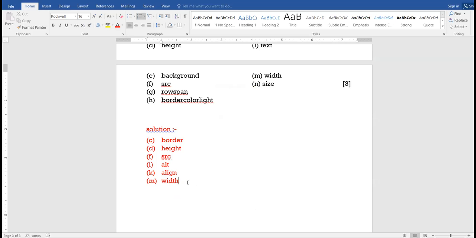Suppose a child writes one extra attribute which was incorrect. So this is totally wrong. This goes into cancellation of half a mark.